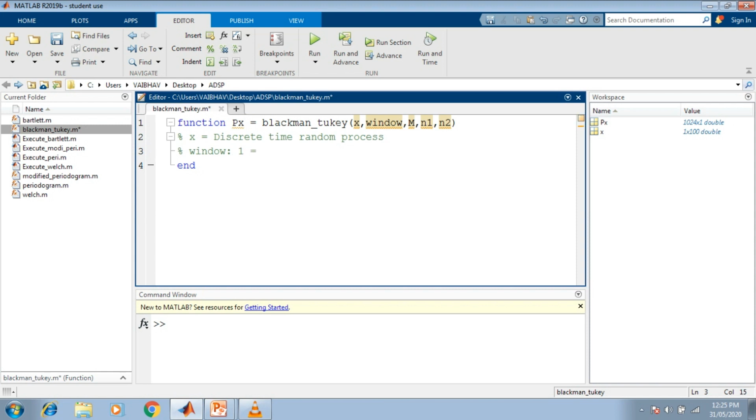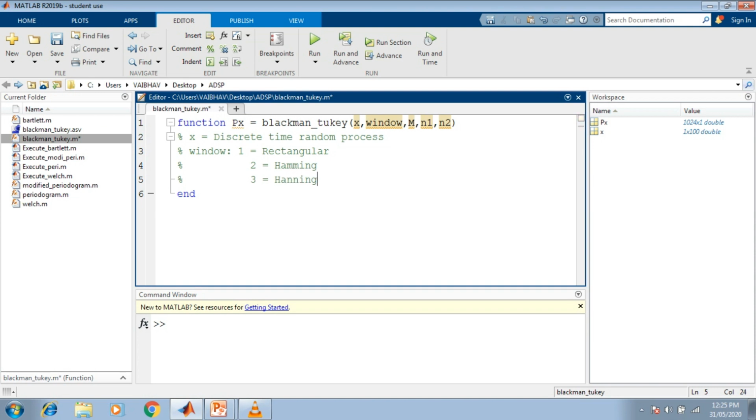The first value we take for the rectangular case, the second value we take here for the Hamming type of window, the third value we take is for the Hanning type of window to be operated over the signal. Next to that we have the fourth window type, the Bartlett window, and finally the last one here we opt with the number 5, that is of the Blackman type here.